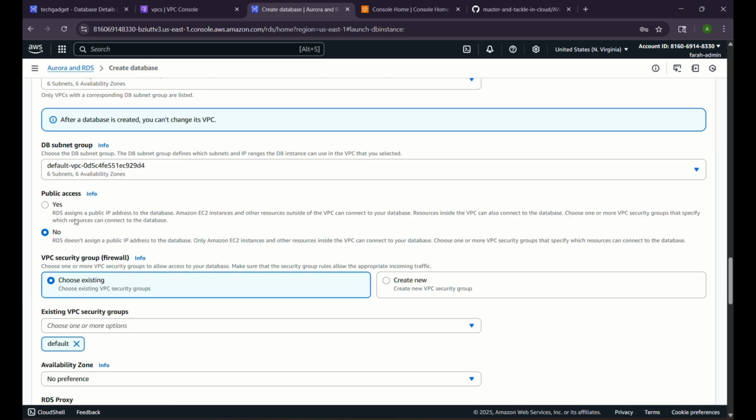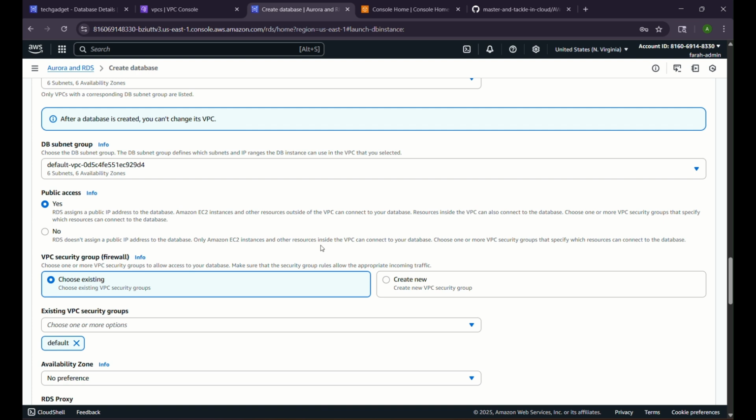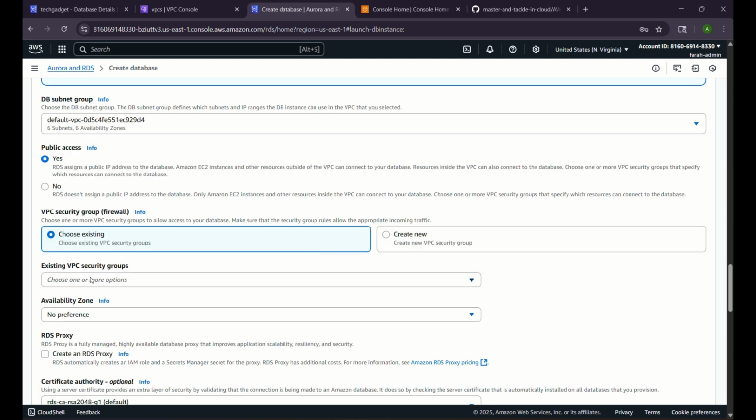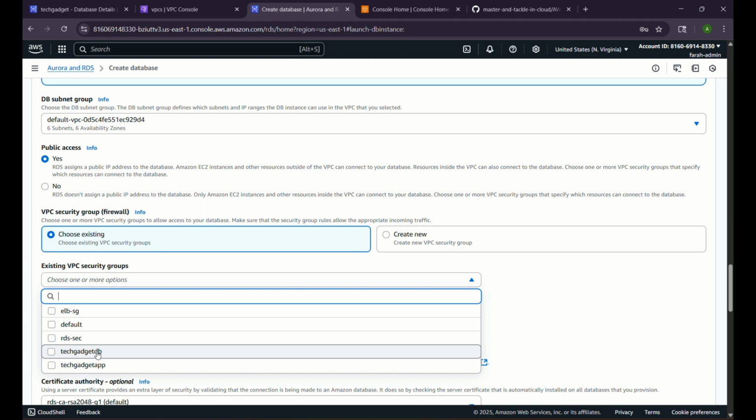For security, yes, public access. RDS assigns a public IP address to the database. That's one thing we need to remember, and then I'm gonna connect to the security group that we created for